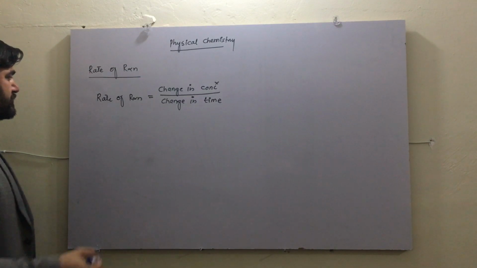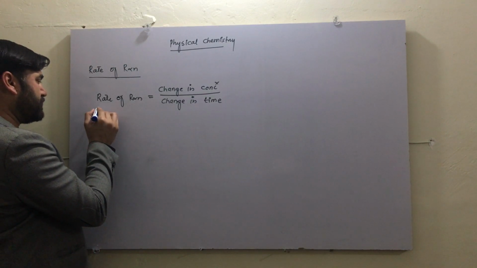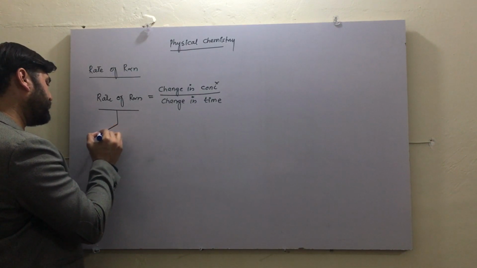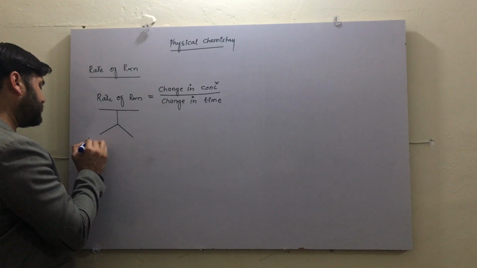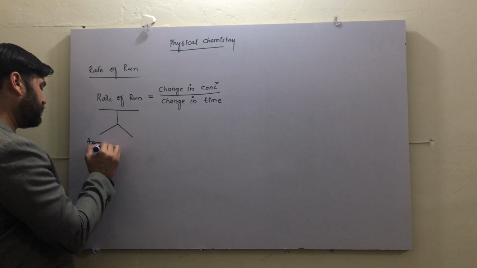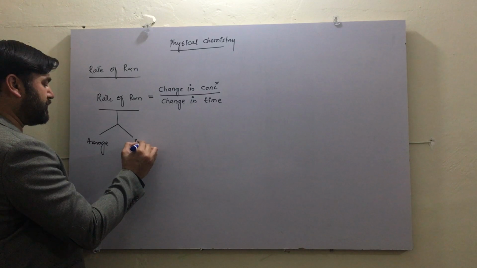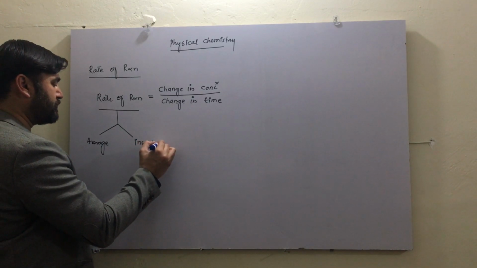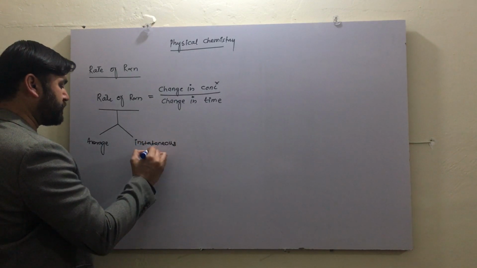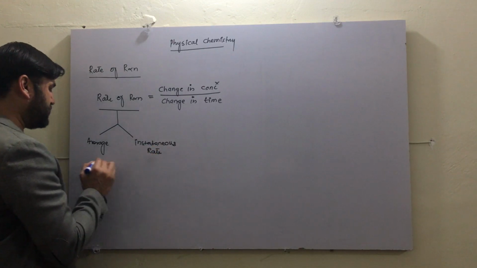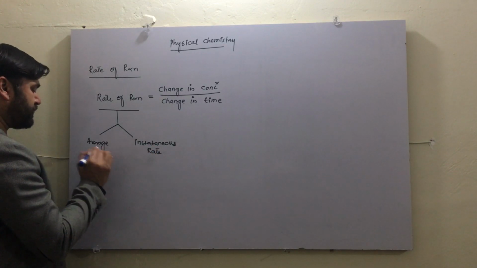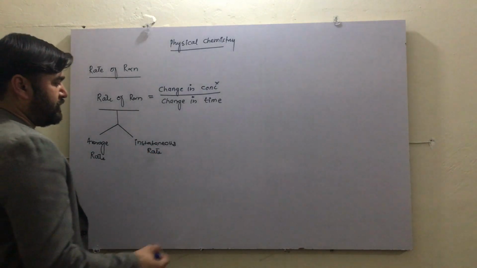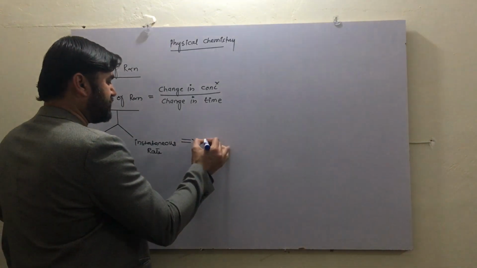And we divided the rate of reaction into two categories. One is average, and one is instantaneous rate. So we concluded from the previous lecture that rate